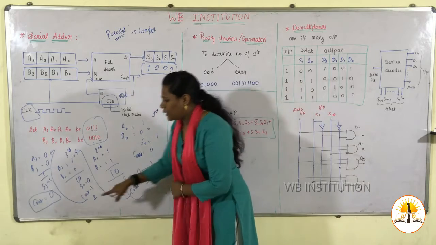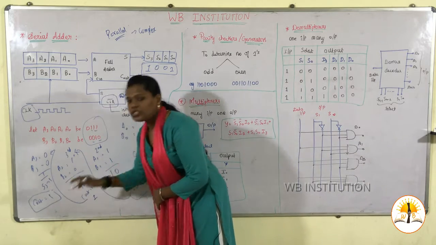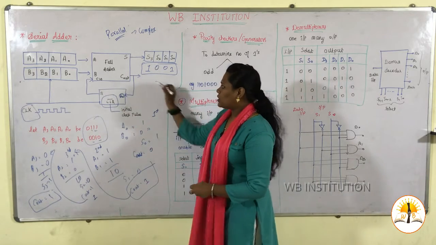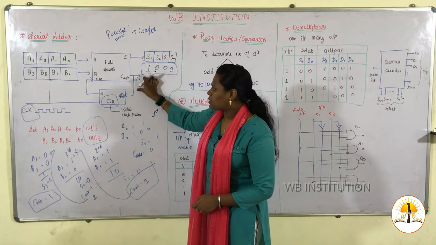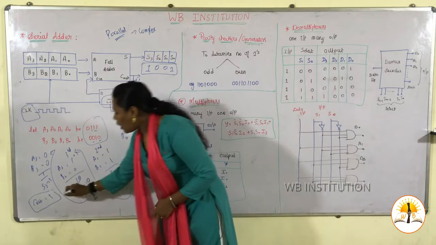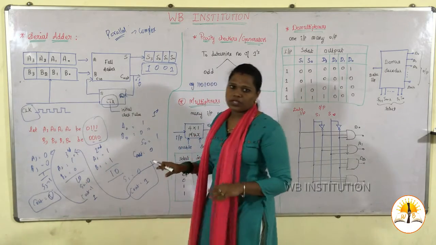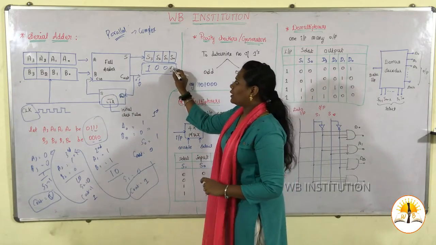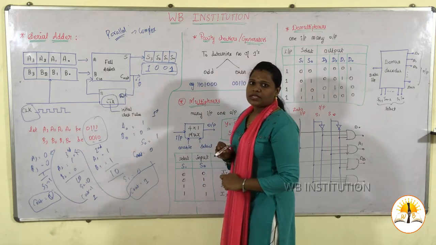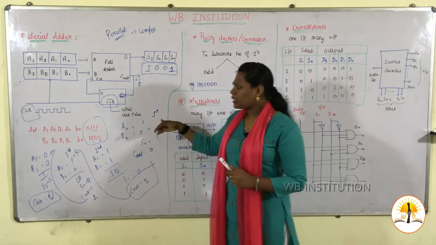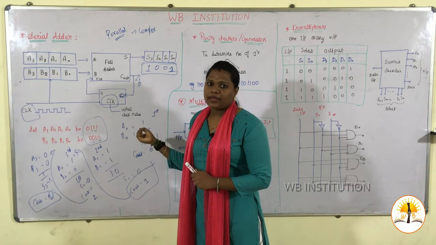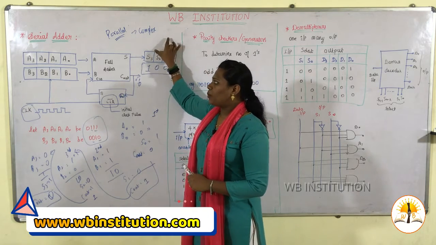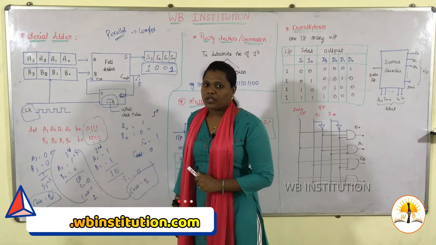If you have any carry like this, for example, if you got any carry, your C out also will be 1. C out output will be also 1 and your sum output also will be there. Since we don't have any carry here, C out will be 0. C out will be low. Okay, this is your final answer by using serial adder. It can perform the addition faster, okay, when compared to the parallel adder. Since parallel adder is more complex, we do use serial adder for the operation.